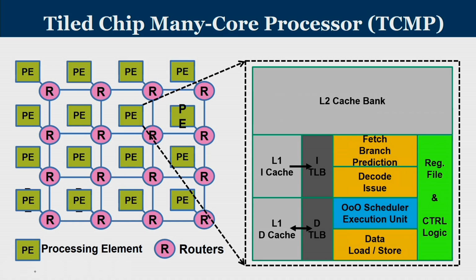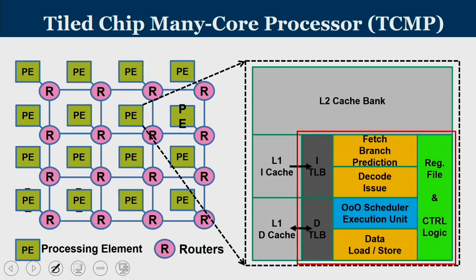In our last class discussion, we were trying to see what is there inside a processing element. We have seen that everything pertaining to your instruction pipeline, plus the registers and control files and one or two levels of caches, both private and shared caches, are incorporated in the tiles. Your processing elements are organized in a tiled fashion, both row wise and column wise. Then you get a feel of organized tiles, that is why it is known as tiled chip multi-core processors.